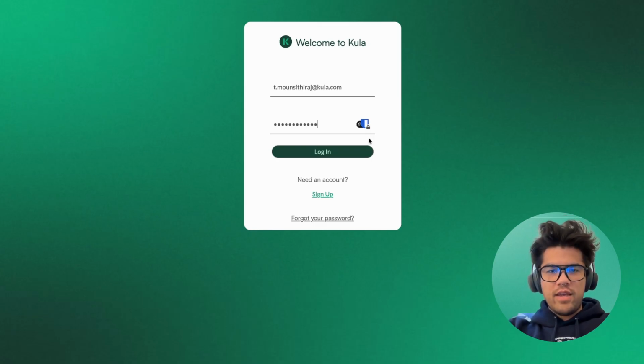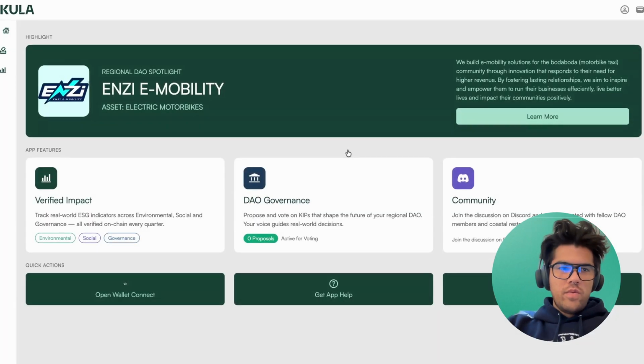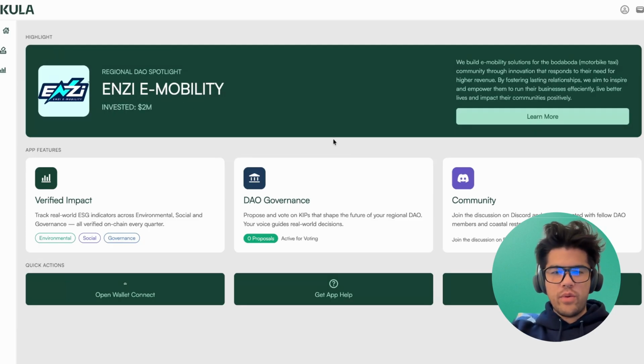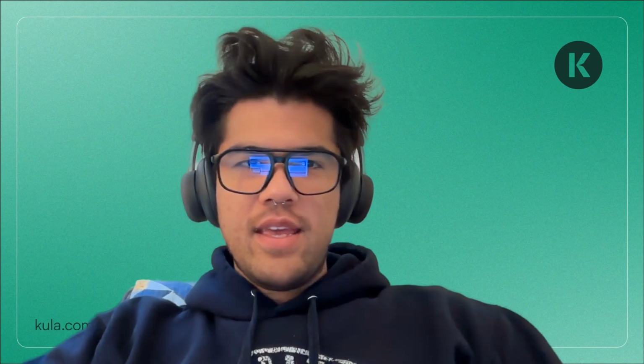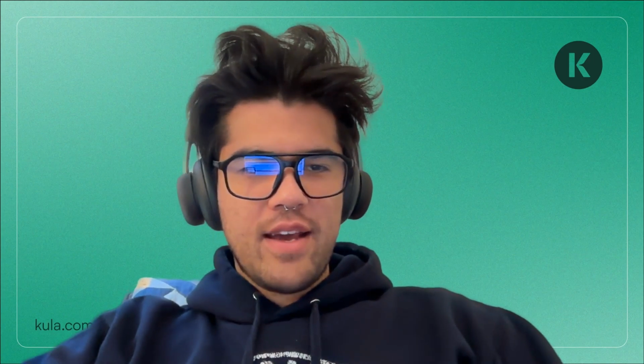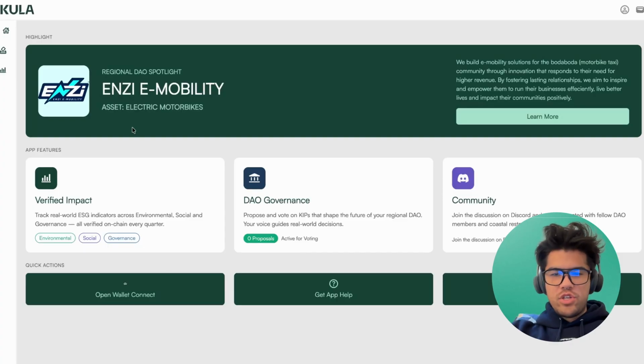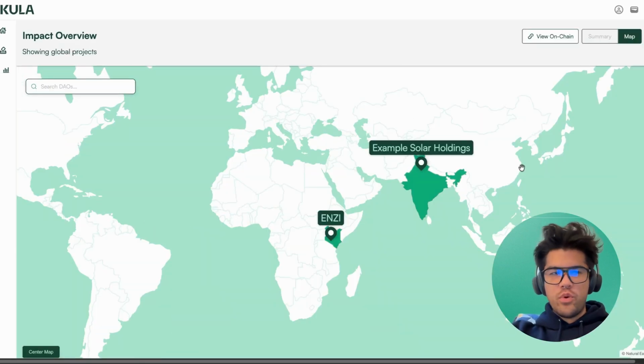So after logging in, we come to our Kula dashboard. It just shows a few highlights, the regional DAO we're working with right now, as well as the functions that can be found in the gov.kula.com app. Today we're going to be showing you our impact dashboard. From this dashboard, you can see all of the various projects that Kula is currently working with,